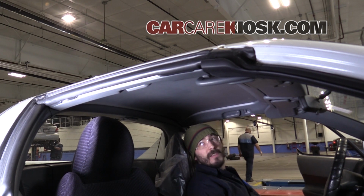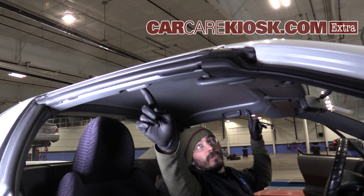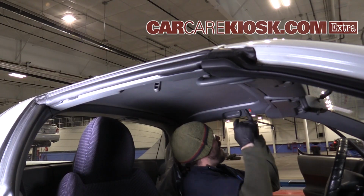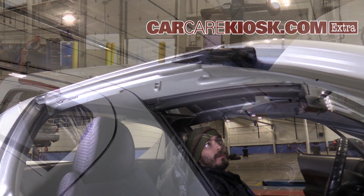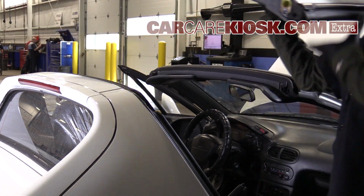How to remove the roof on this car, because it's actually kind of cool. So there's two little tabs over here, and what you have to do is push the tabs and then pull that down there, okay, and that's going to unlock everything. So we've released the hood. It's pretty light, so all you gotta do is kind of lift up on it like that,